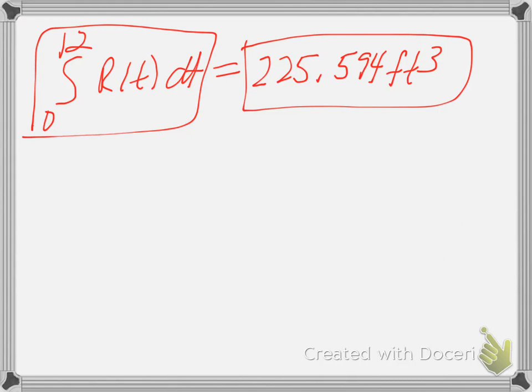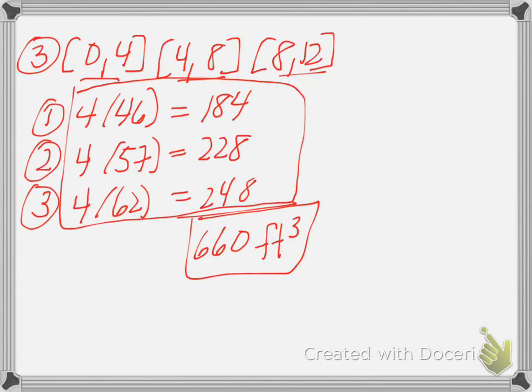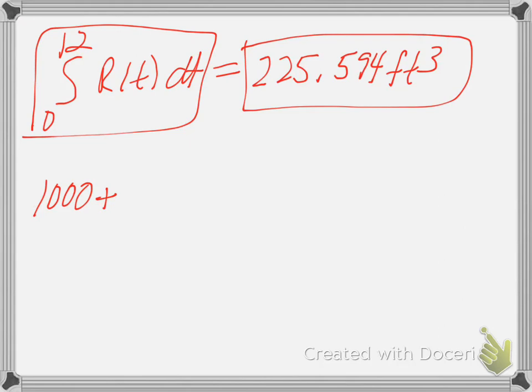Okay, for part C, use your results from parts A and B to approximate the volume of water in the pool at t equals 12. Okay, so in the story, it told you that at time t equals 0, you already had 1,000 cubic feet of water. So you started with 1,000, and then we had to add, right here, the 660. But then you need to take out the water that was leaking out, and that was the 225.594 over here that we just found. So you're going to combine all those values, and you're going to get